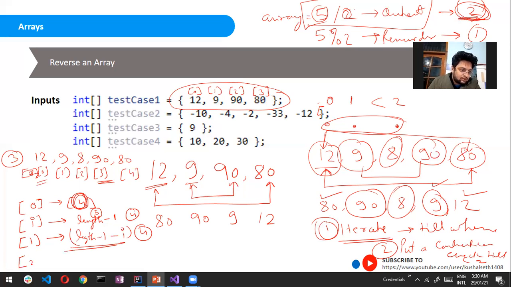If you check for 2, obviously it is not less than 2, so we will not run the loop for 2. We have to run for less than 2. This we have just seen here. So we got our three conditions to write our program. So this is how we proceed with any problem.